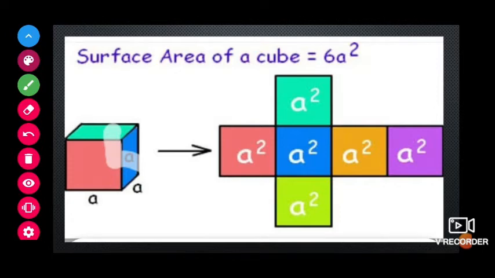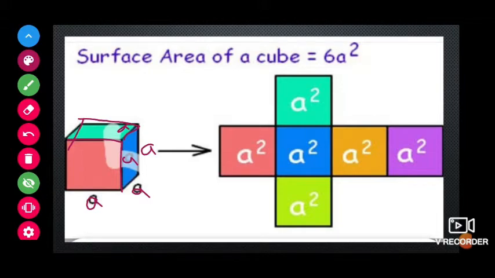Now, children, we will see the first one, the cube. What is the surface area of a cube? The best example of a cube in our daily life is the dice, which you use. In the dice, if you observe, we have 6 faces, isn't it? And we can also observe all the edges are equal in measure. For example, if I take this edge as a, this also will be a, this also a, like that. All the edges will be the same, and we have 6 faces.